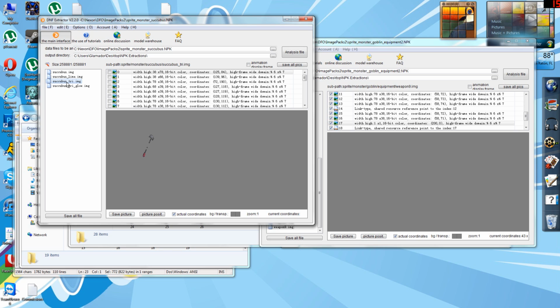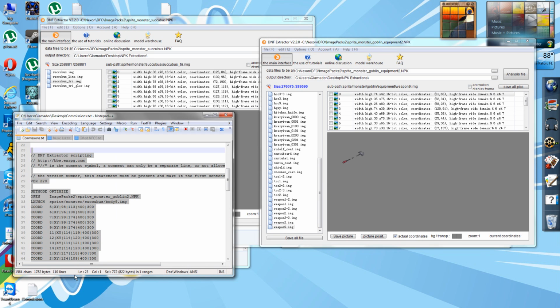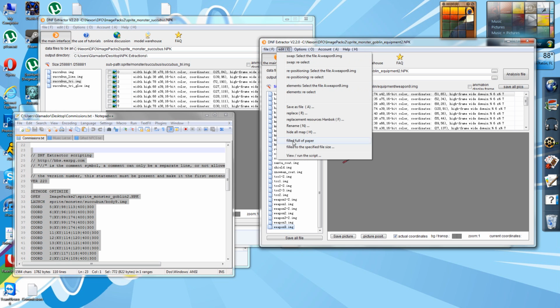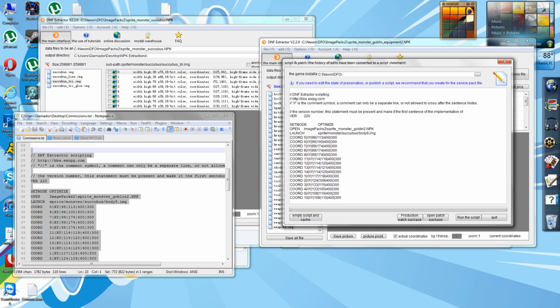So what you're going to go ahead and use that info for is to run that same exact script as we did before to change all of these coordinates, except that we're going to be changing weapon 9 instead. So back here with our copied script, run the script, paste. Now this time we're in goblin underscore equipment, and we're working with, you know what, I don't actually know what to do for that, so I'm going to do a handy dandy little